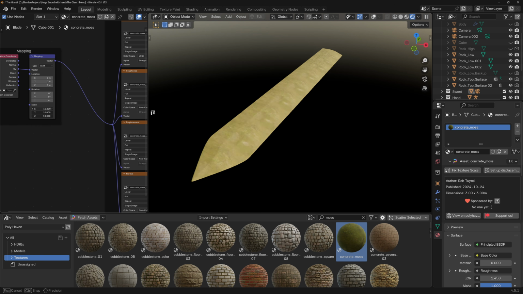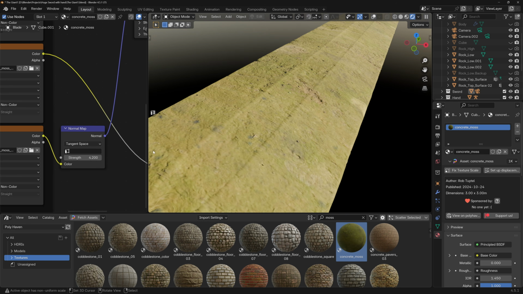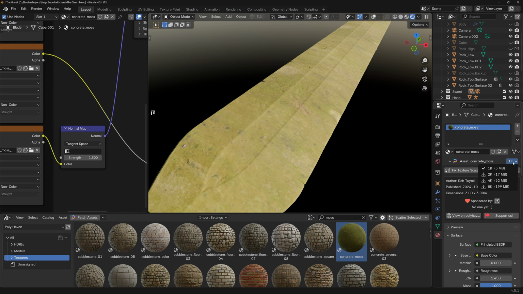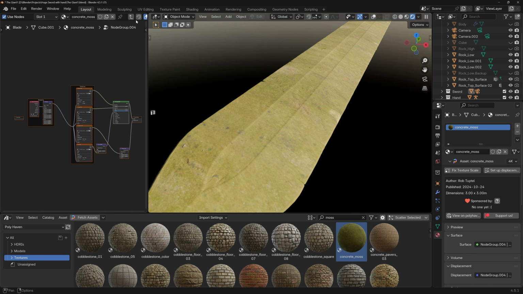So I will go like maybe 3. Let's see, something like that. See about the normal, maybe like that. And yeah, I want 4K for this. And now we can group everything together, name it moss, Control G, one level up,